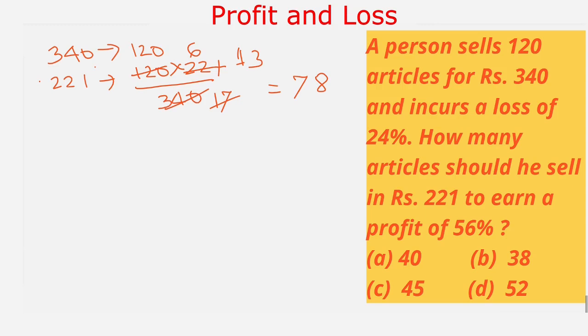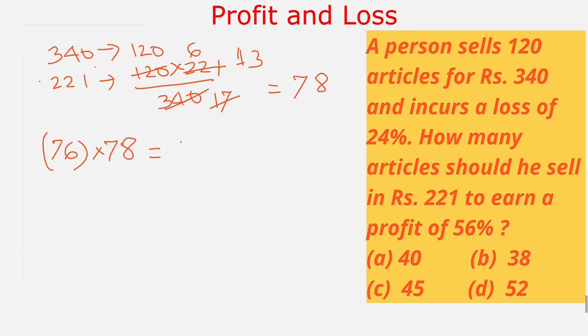Now we have to find the quantity for the same amount of 221 for making a profit of 56%. Now it becomes very easy as both the amounts are equal. When he was selling for 24% loss, if we assume our cost price per article to be 100, then the earlier selling price was 100 minus 24, which is 76, multiplied by quantity 78, equal to, now for 56% profit,